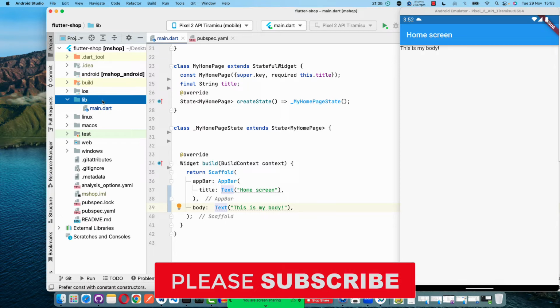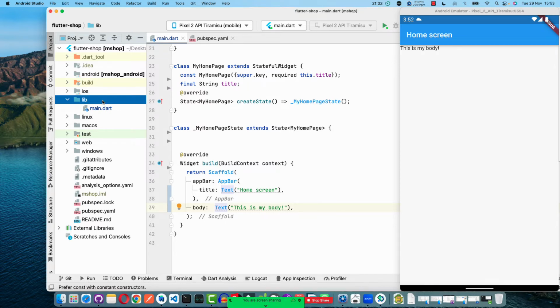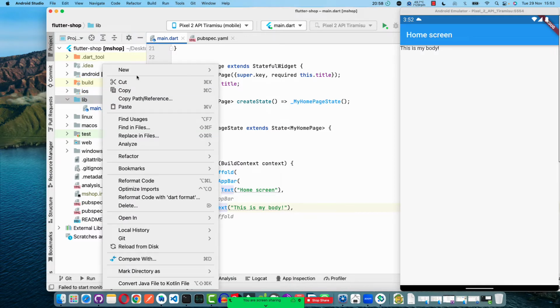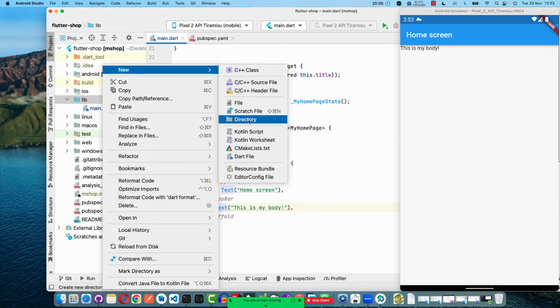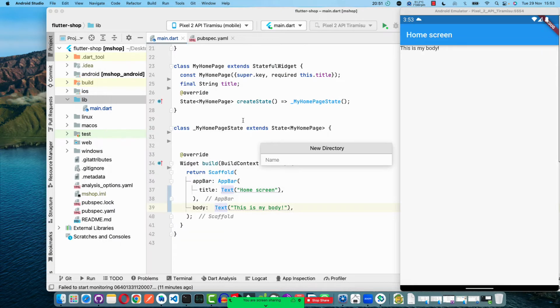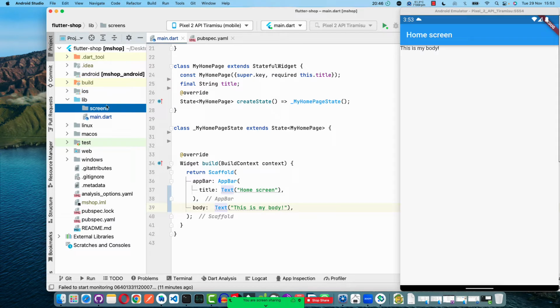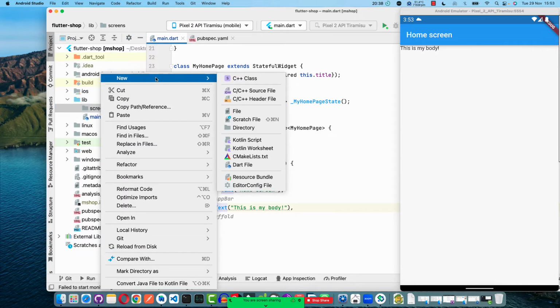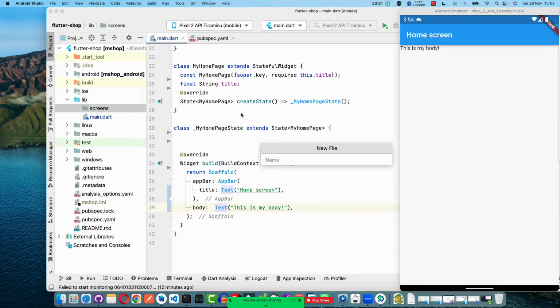So I'm going to create here a special folder for my screens, or what we call activities if you're using Android. Others call them pages. So I'm going to come here and say new directory. I will need you also to do the same thing. New directory, I'm going to call this one screens. I'm going to put my first screen there, my second screen in fact. So I'll right click. This is going to be nothing but a Dart file, and I'm going to call it